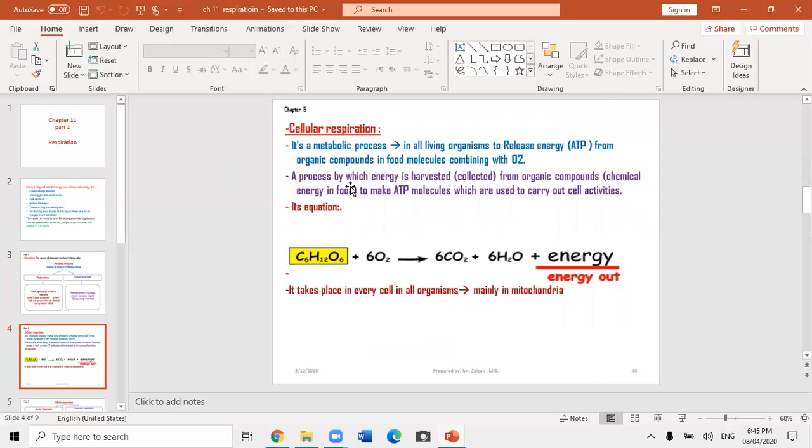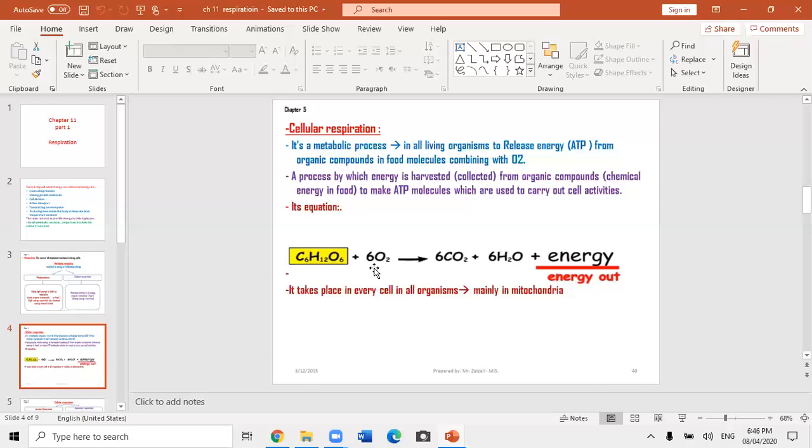From organic compounds in food, the molecule combines with oxygen, in which we have glucose combining with oxygen to release energy. It is a process by which energy is harvested or collected from organic compounds, or chemical energy in the food, to make ATP molecules that are used to carry out cell activities. Most of you know about the definition of cellular respiration, and its equation is very important to write